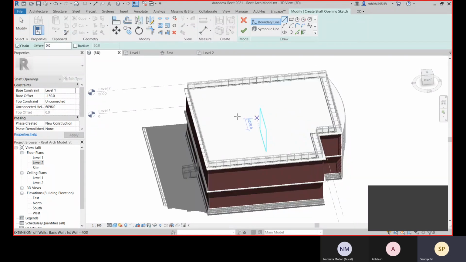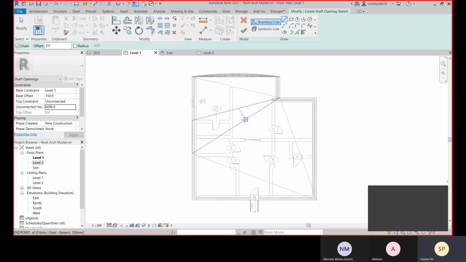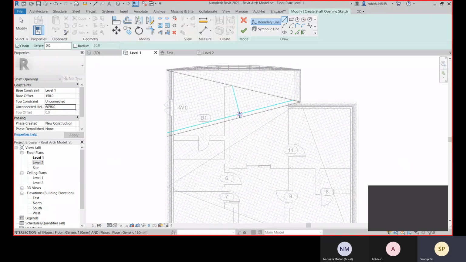You define the base constraint, and you can give 150. Come to level 1. Suppose this will be the staircase, so there will be a staircase placed there, which you can define.